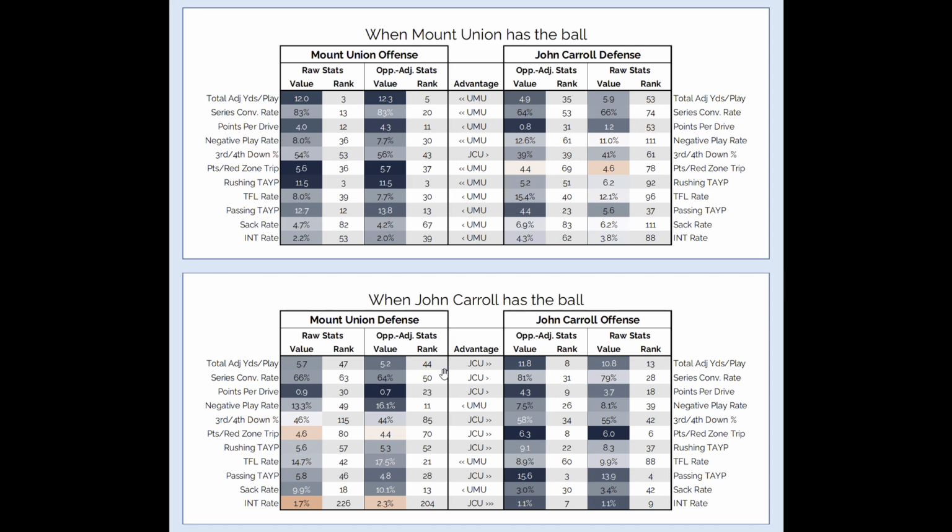So I like to kind of think of series conversion rate as your efficiency, and then your total adjusted yards per play more as the explosiveness metric. So these offenses have somewhat similar profiles, as do the defenses, where the offenses are a little bit more explosive than they are efficient. And the defenses, likewise, they're a little bit better at preventing the explosive plays, but teams do move the chains on them a little bit more often than we'd expect based on their scoring averages and